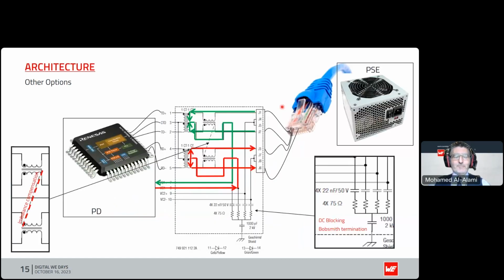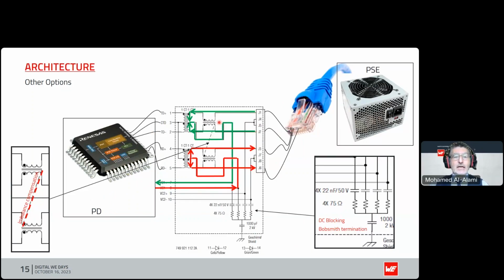Okay. So just to give you maybe a bit of a picture, just to also show you how this actually interconnects. So there is the power sourcing equipment with the RJ45 plugged in. Sorry, the Cat5 cable with the RJ45 in here. You plug the cable in, and that's the route that we've shown before. And eventually that data goes into the PHY.